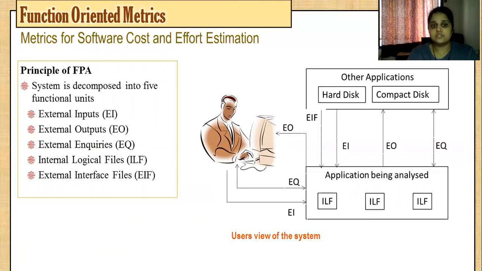Now, what are they actually? Let us take an example, external input first. An external input originates from a user, or is transmitted from another application, and it provides application oriented data or control information.